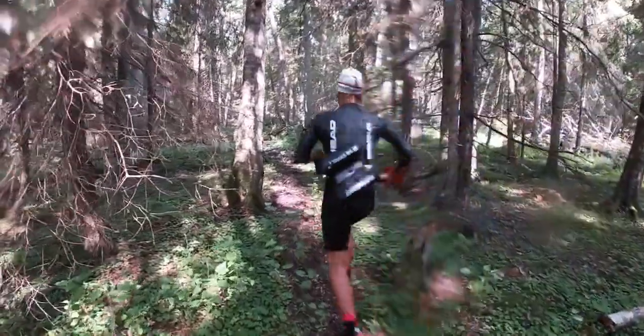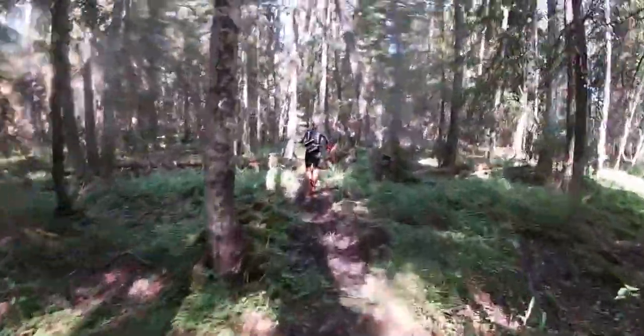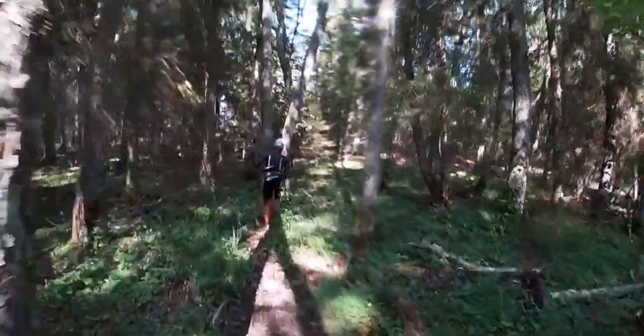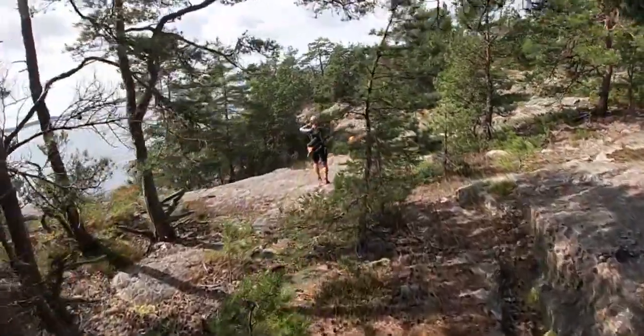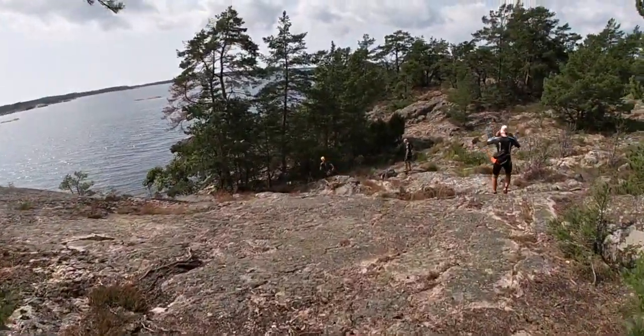Some trees to pass on, some climb over rocks. And when you are on the top of this forest section, you're on the rocks, a bit more open. Get ready, because there is a steep downhill on the rocks to the next swim. The next swim to exit